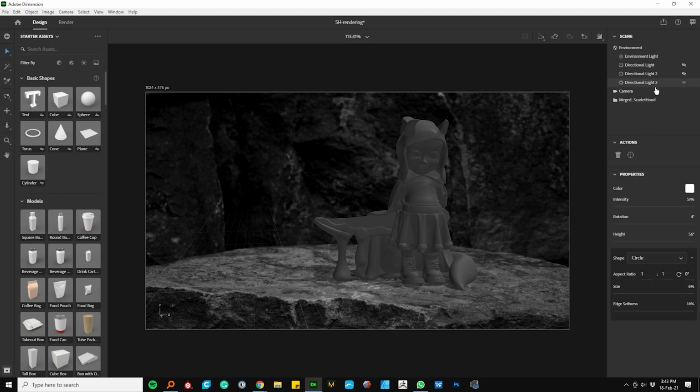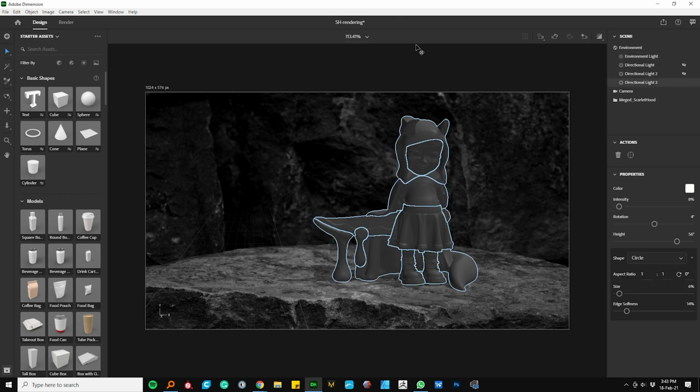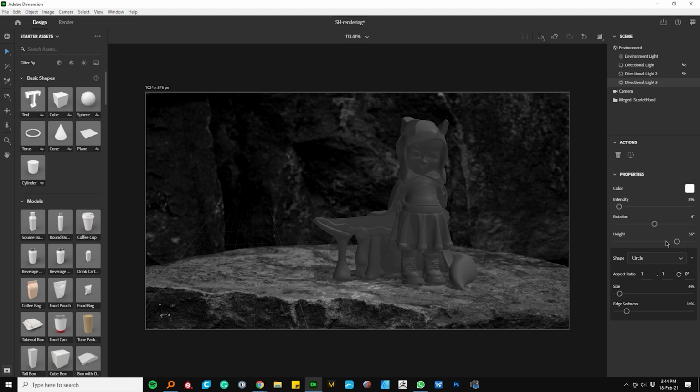So for the last one, I want this to shine from above just a bit. So I'm going to make this high, and I'm going to rotate it a bit. I might try to have the light hitting from the back, just so it gives me a nice shadow on her face. And I would love to see those horns on the floor. It will give us